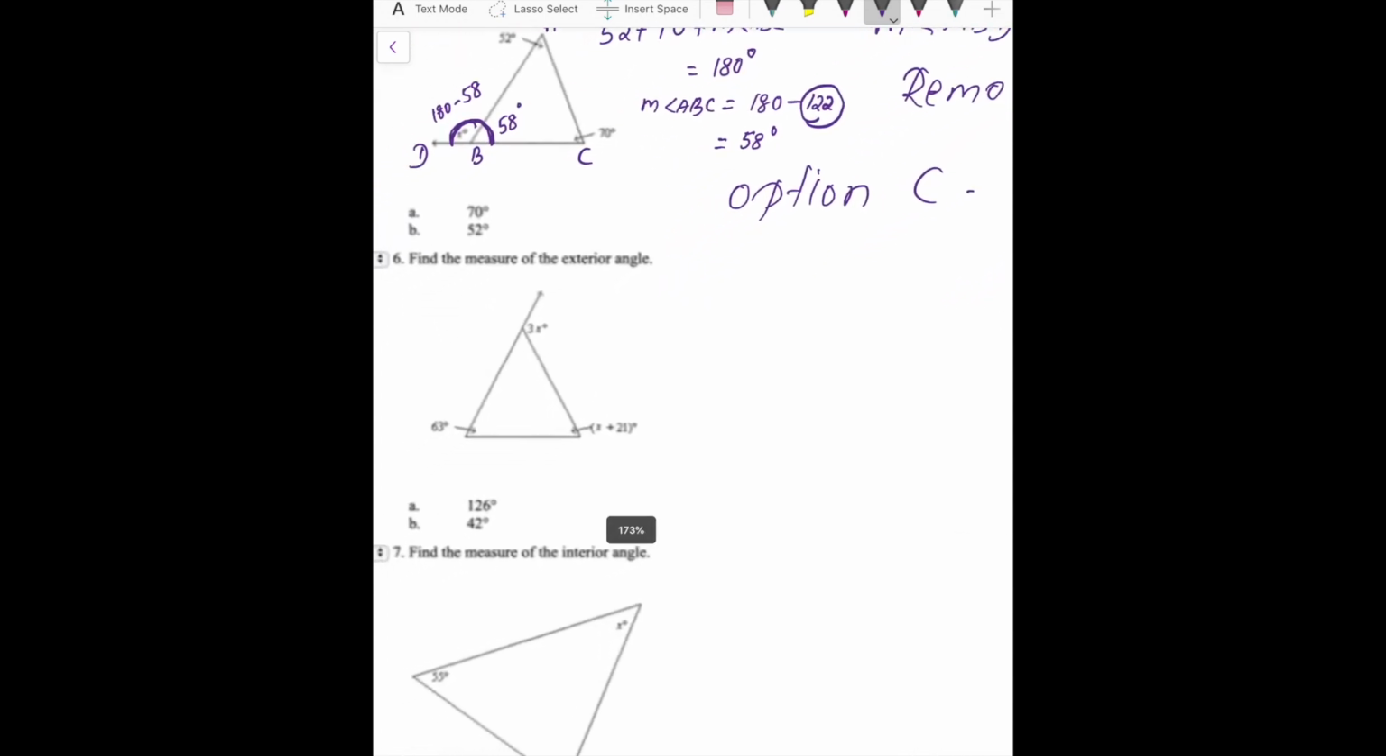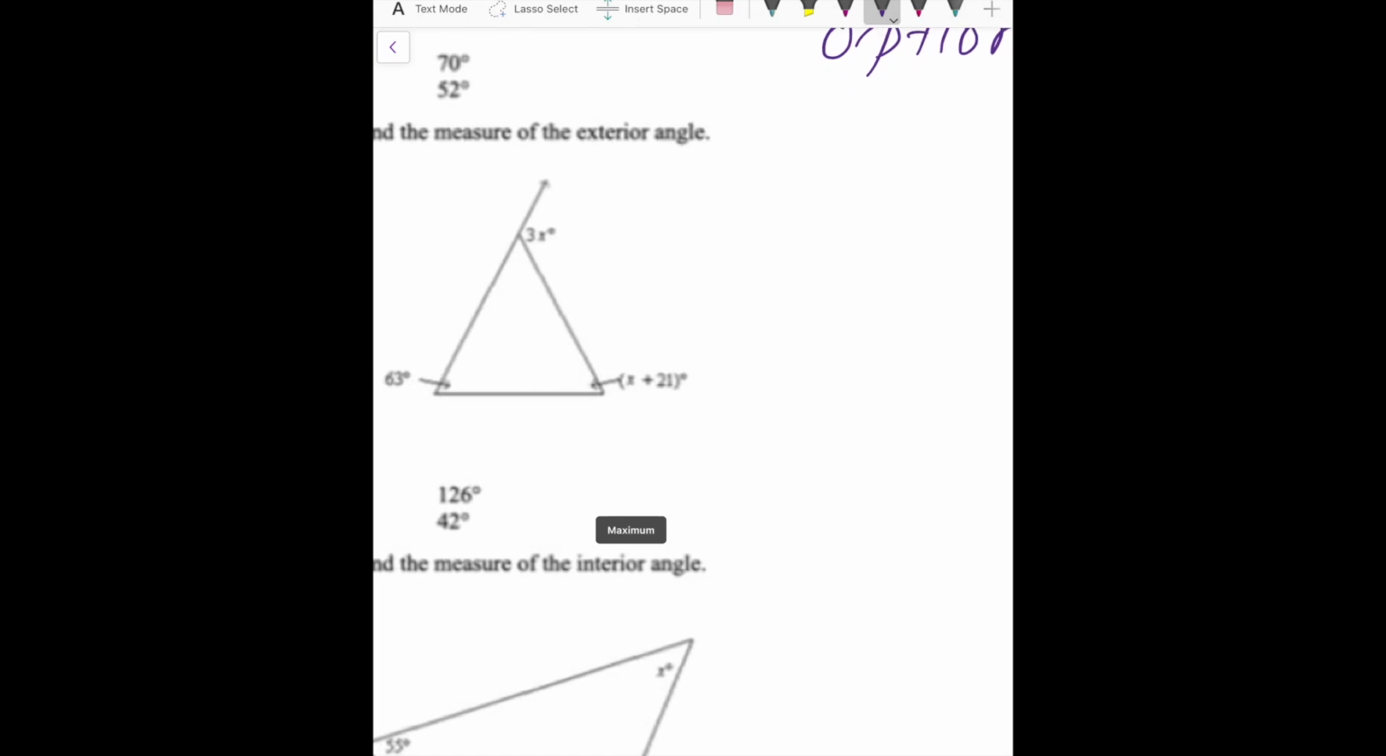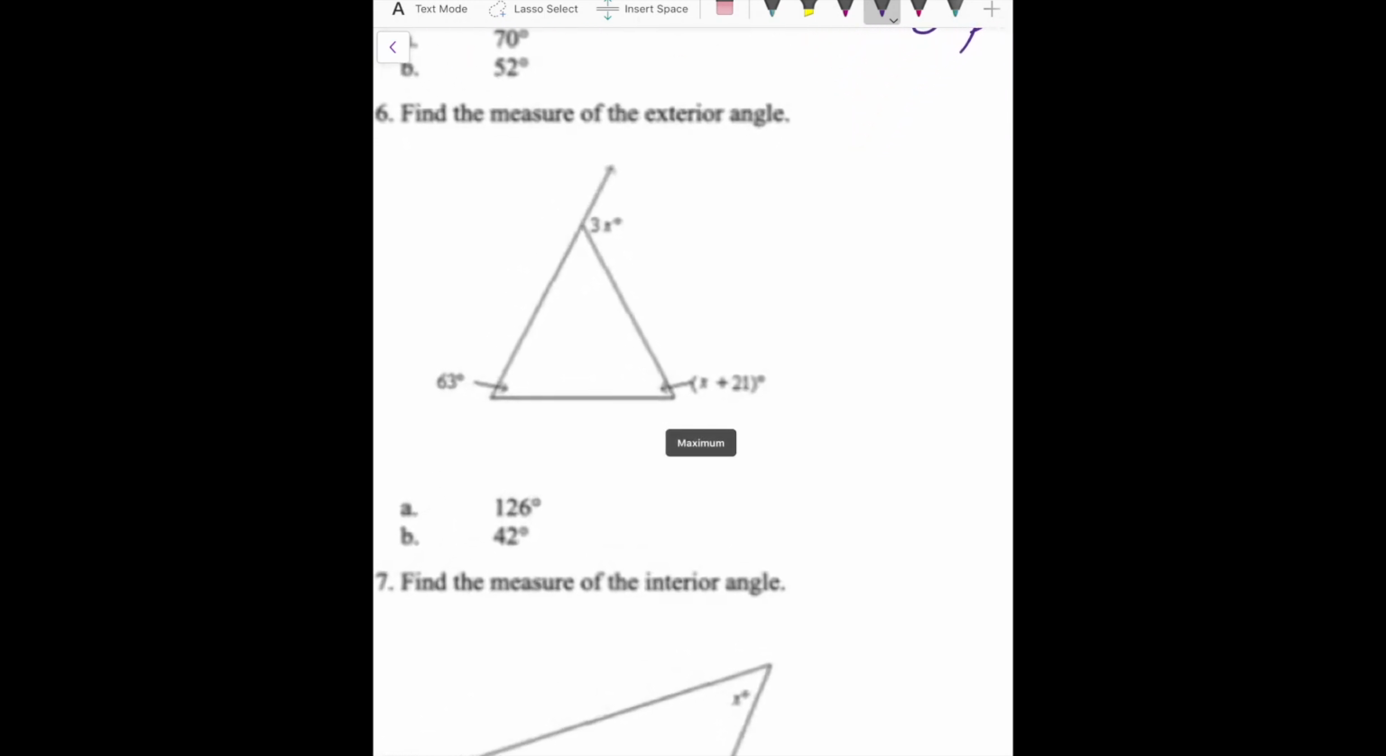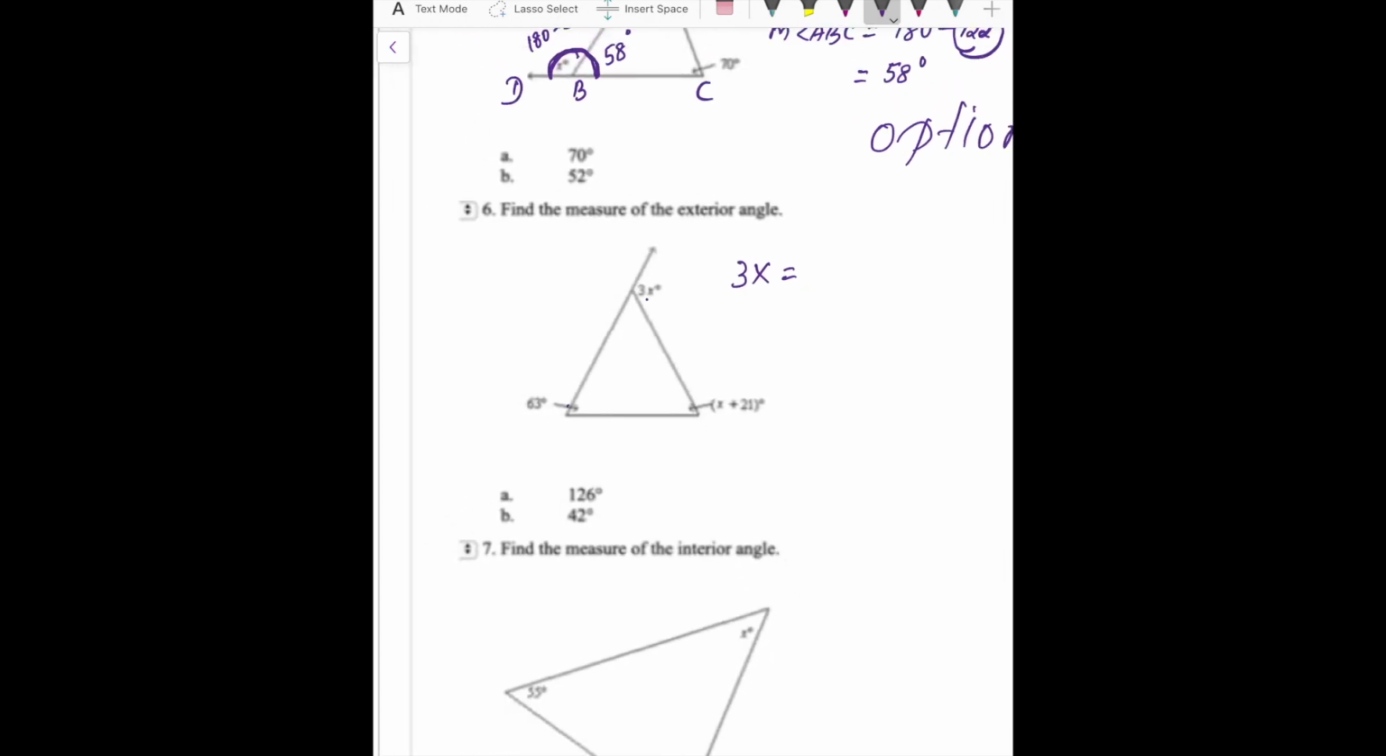Now let's look at another problem. So again, you're looking at the exterior angle, that is 3x, is equal to, we learned that the measurement of an exterior angle is the sum of the measures of the remote interior angles. So that will be 63 plus x plus 21. So 3x is equal to 63 plus x plus 21. Now you just need to